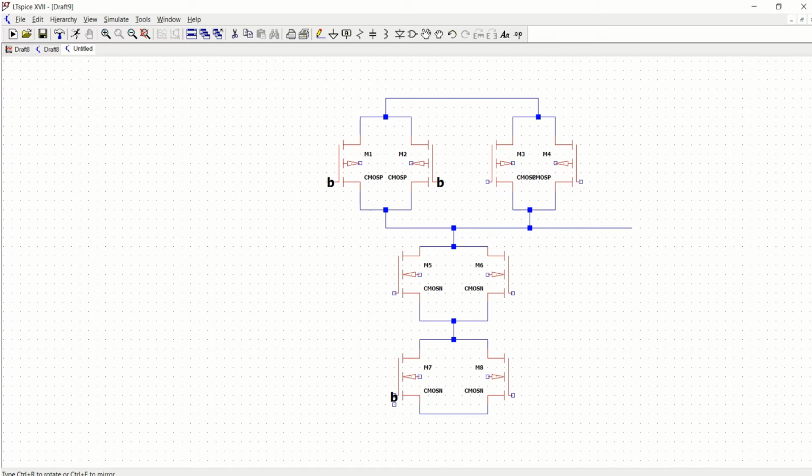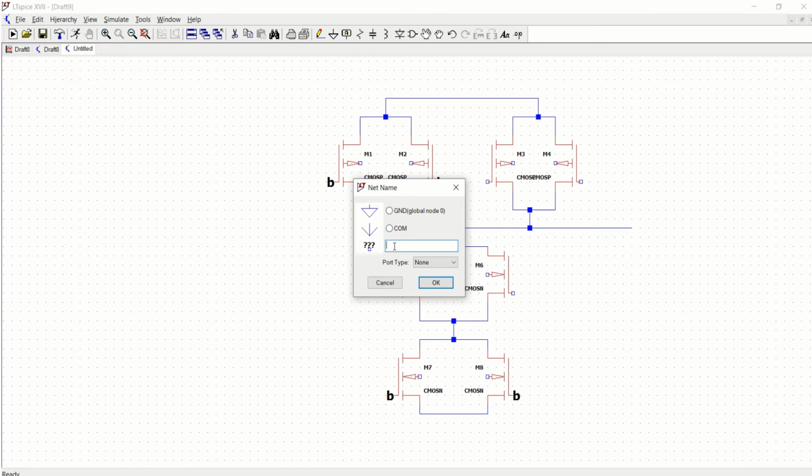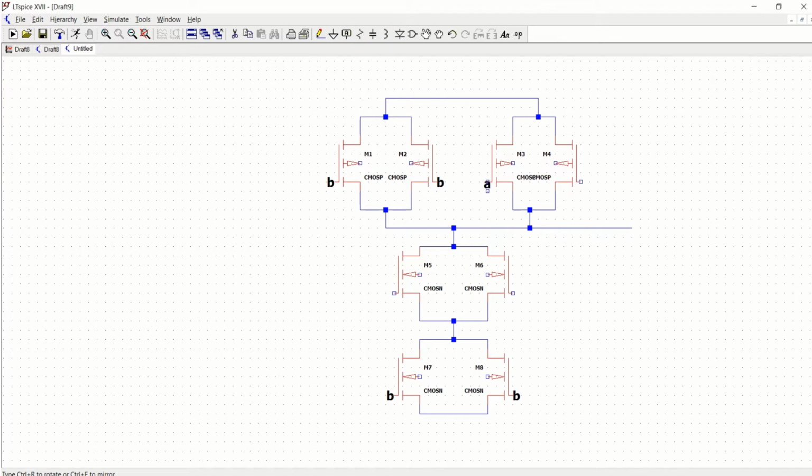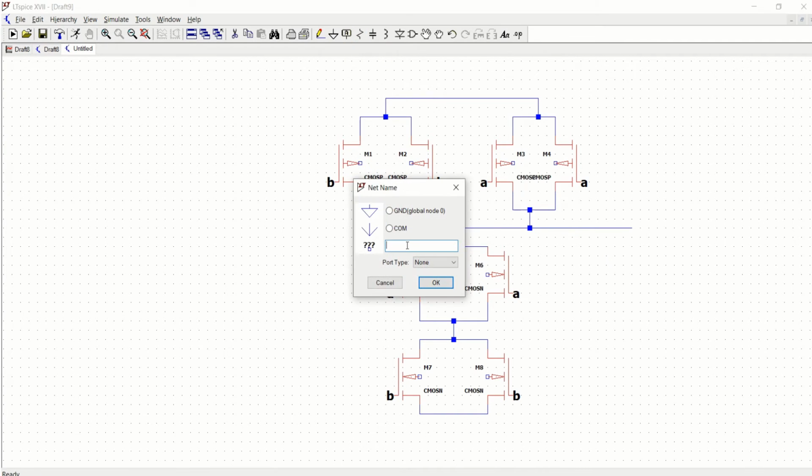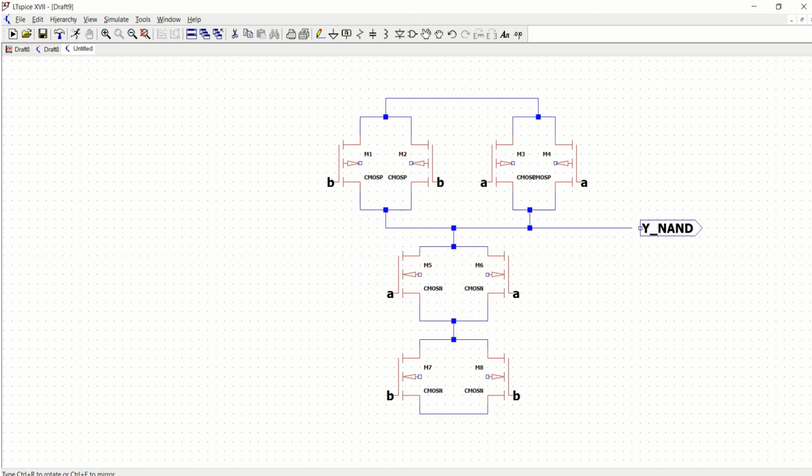Here also you label with the B. Next, label this again with the A. These two inputs as A. These two as the A, and you can label this to Y, Y underscore NAND. I want to specify it as an output.